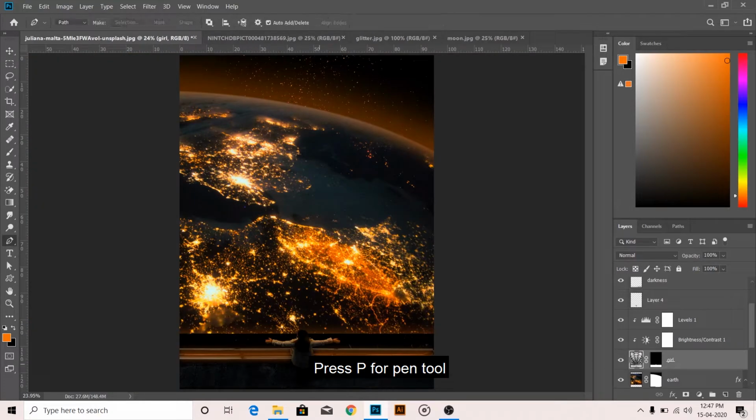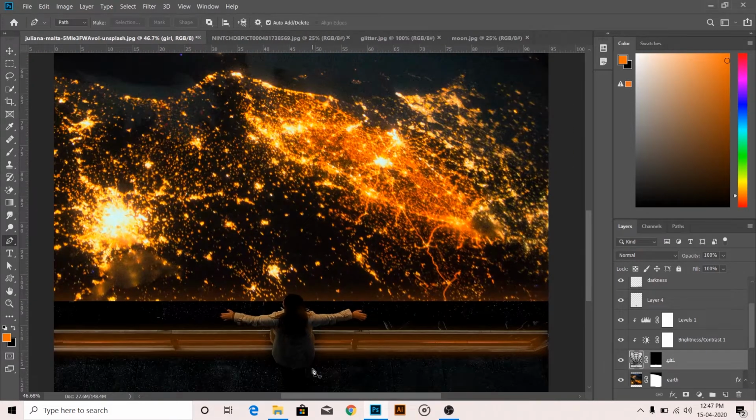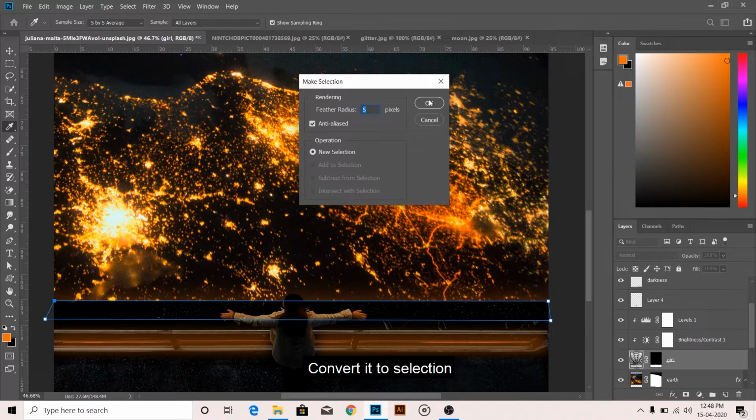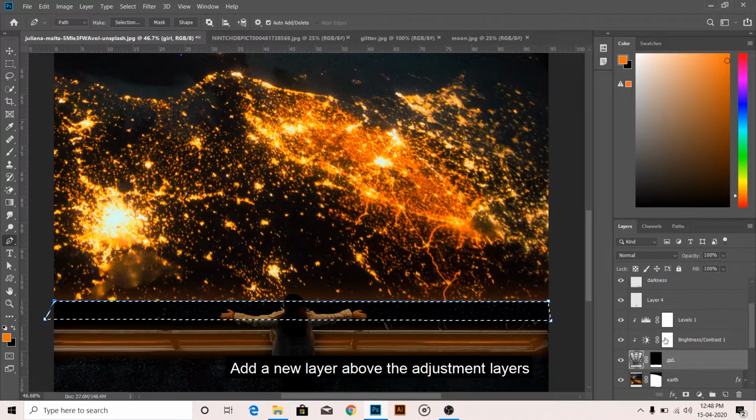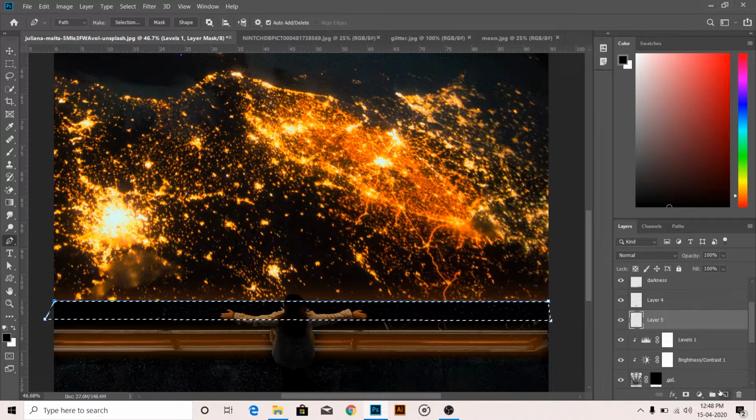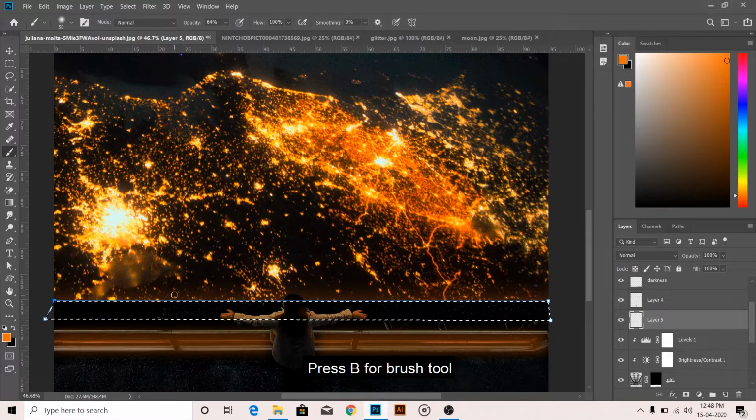Press P for the pen tool and make a rectangle. Convert it to selection. Add a new layer above the adjustment layers. Press B for the brush tool. Adjust the opacity and brush over.